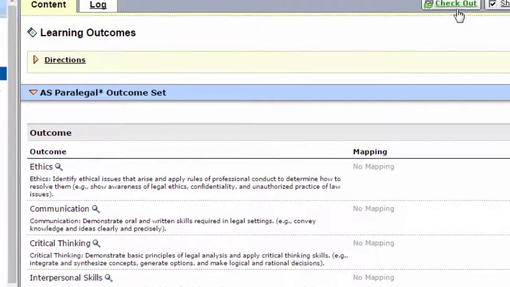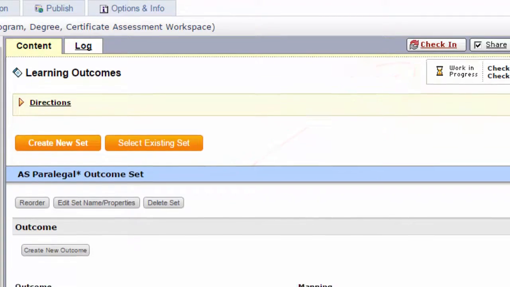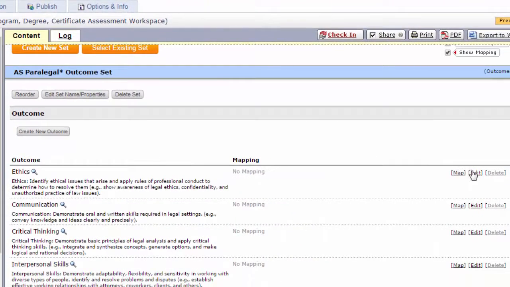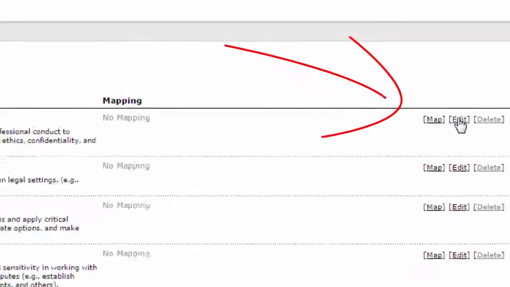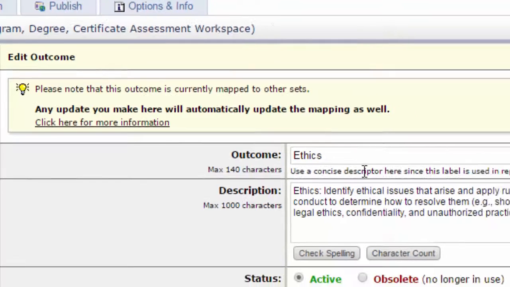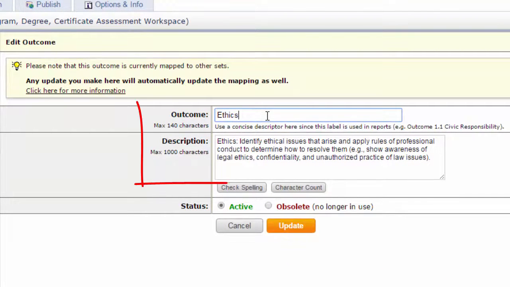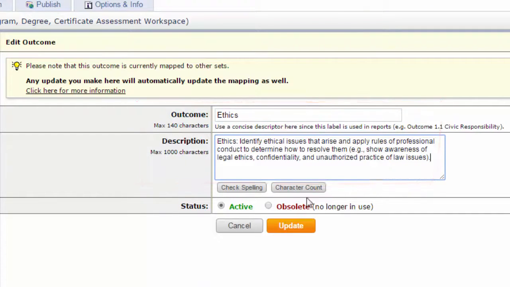So the first thing you need to do is check out the document. And when you do, all of a sudden you'll see the map and edit buttons appear on the right hand side. To edit it, simply click the word edit. You'll first get a warning saying that any changes you make here will automatically update other things that have been mapped to that. Then you have the same outcome, concise descriptor, and the same description boxes that you had for the courses. You can make any change you want by clicking in the box, and then when you're done, click